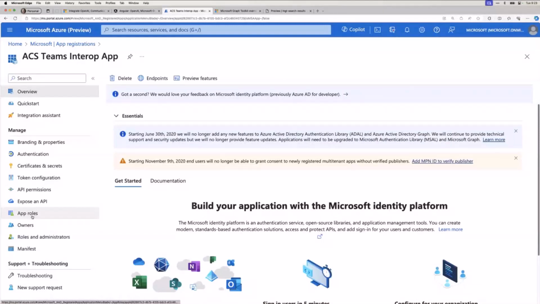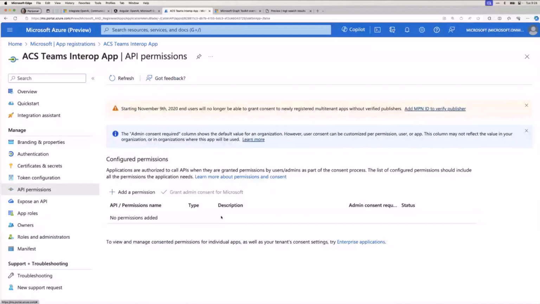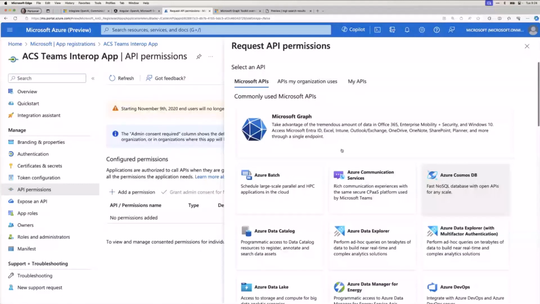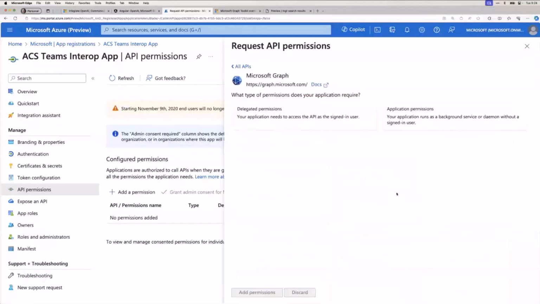Now, there's a little more to the story. I won't have time to go through everything. You'll notice, for instance, over here, you can go into permissions. And I do want to just mention really quickly, this is where if you want to pre-add, for instance, some Microsoft Graph permissions or scopes, you'll see you kind of have a choice here. Do you want your application to access the API as the user? So in other words, the user signed in and then it delegates as the user.